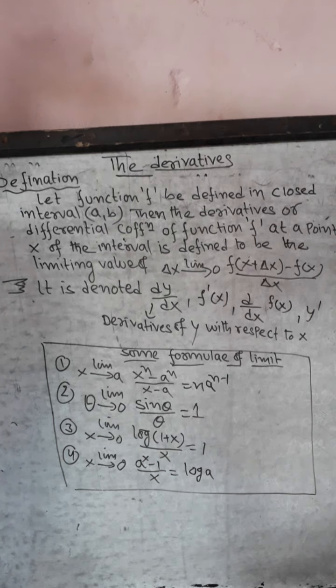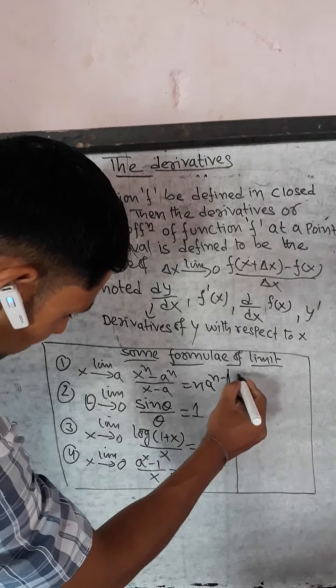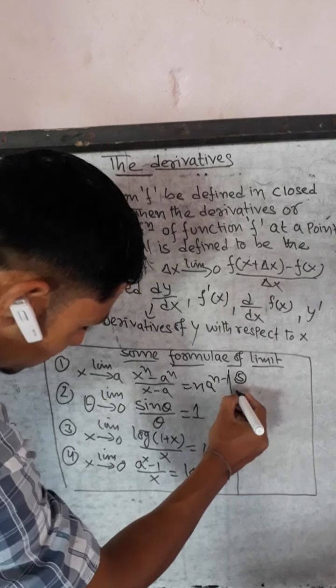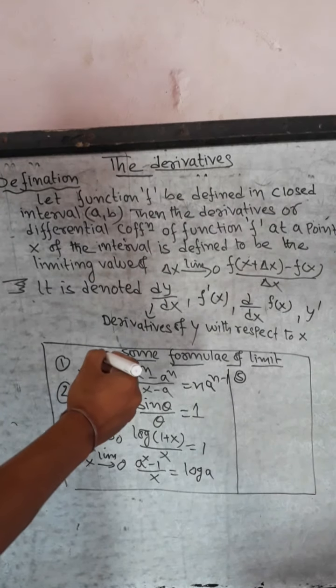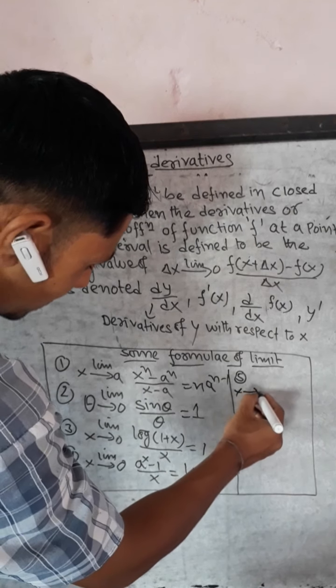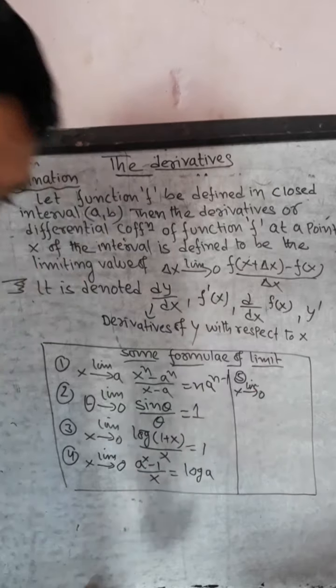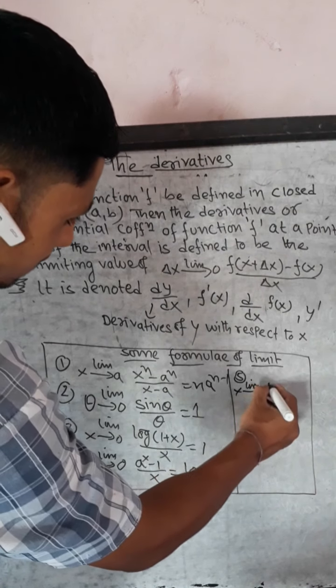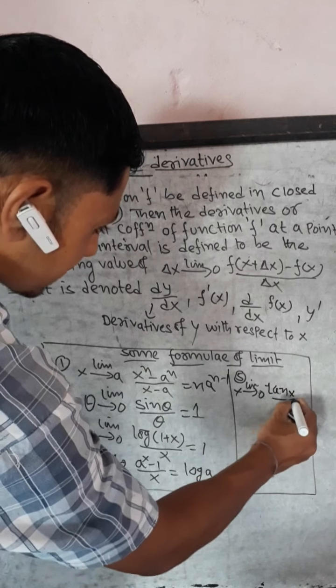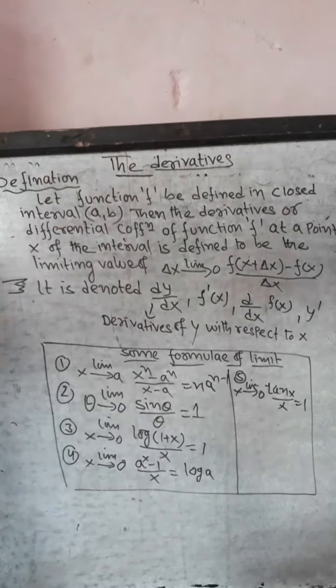Log a. Now some other number. Suppose limit x tends to 0, sin 10x by x is there. Its value will also equal to how much? 1 only. Okay. So you may need this formula while finding the derivatives from the first principle. Okay, let's find the derivatives from the first principle or from the definition.